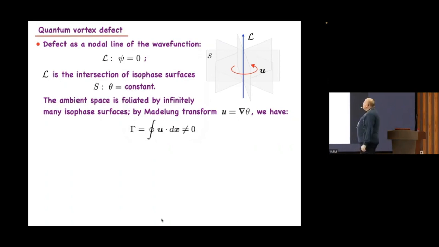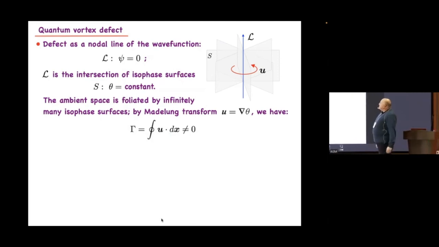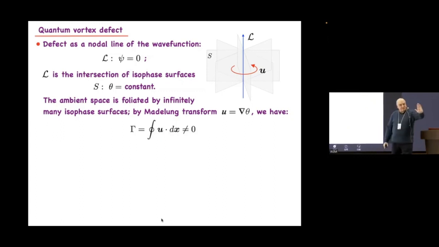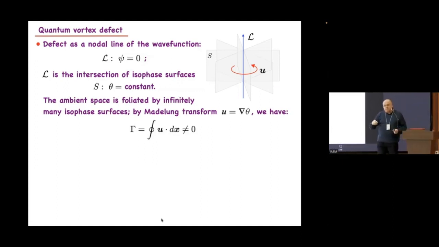Okay, so the circulation is present because the definition is given here, and we have theta. Theta constant defines one of these surfaces, and grad theta is normal to the plane, and so we have this contribution to circulation. That is different from 0, and that is the reason why people talk about vortices, simply because there is a circulation different from 0 there.